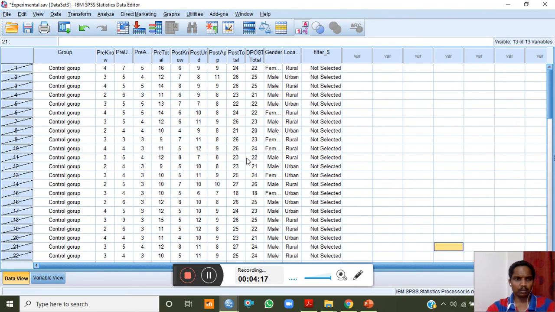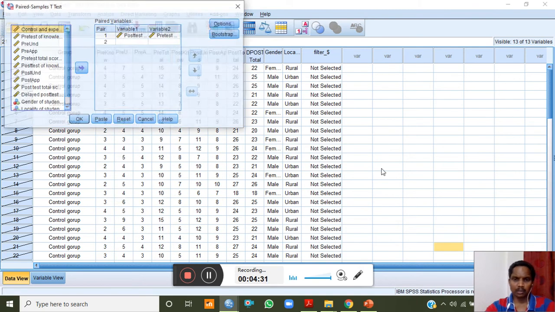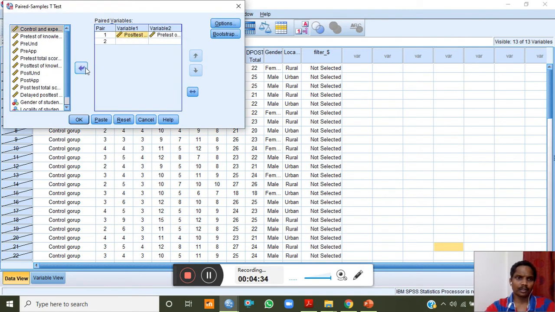So now we are moving to the paired sample t-test because we are comparing the experimental group for their pre-test score and post-test score. For that, go to analyze, paired samples t-test. We will take the pre-test score in variable 1, then the post-test total score in variable 2.